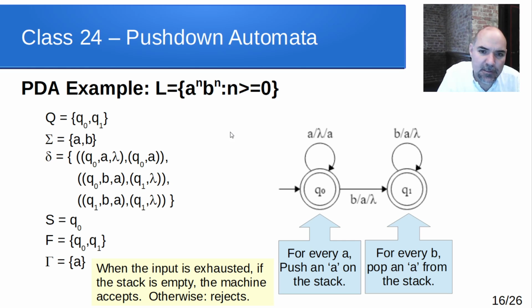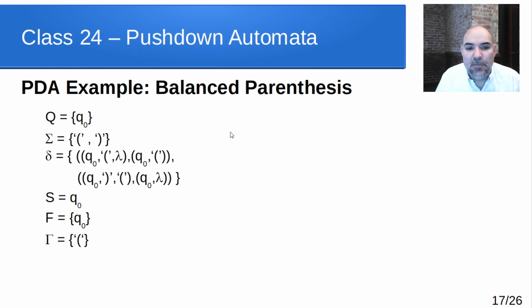All right, let's look at another example. Balanced parentheses. So this is all sets of balanced parentheses. In other words, not just nested inside each other directly, but open, close, or open, open, open, close, close, open, close, that whole thing in parentheses, that whole thing in parentheses, that whole thing with parentheses after it. So pretty much all sets of parentheses that are balanced correctly.